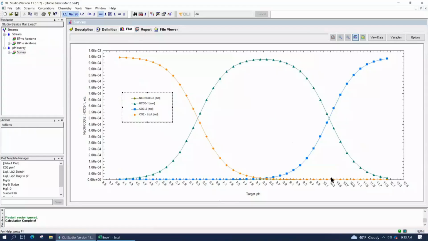But other than that, what you can see is the relative concentration of the different carbonate species as pH changes. Question, AJ.